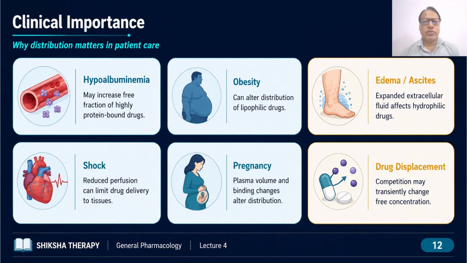So drug distribution can change in different clinical conditions. In hypoalbuminemia, जो हमारी प्लाज्मा प्रोटीन थी एल्ब्यूमिन, अगर वो कम हो रही है, the free fraction of highly protein bound